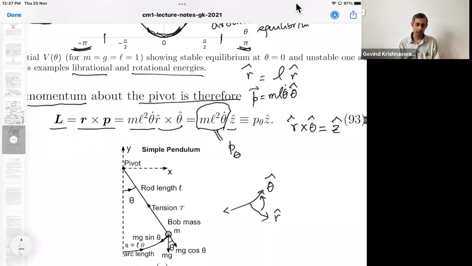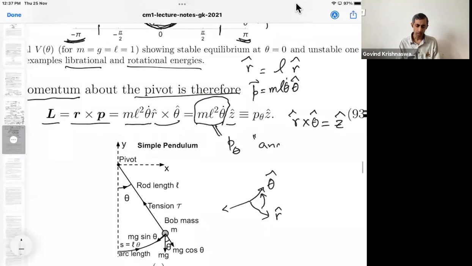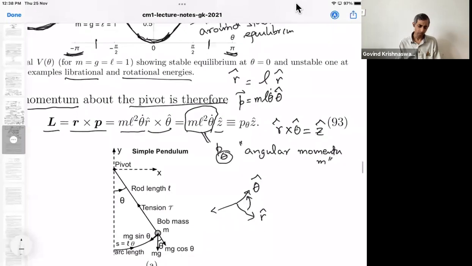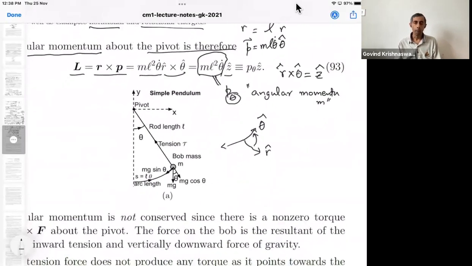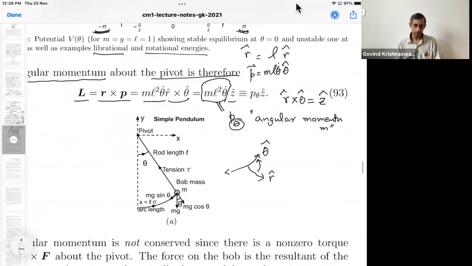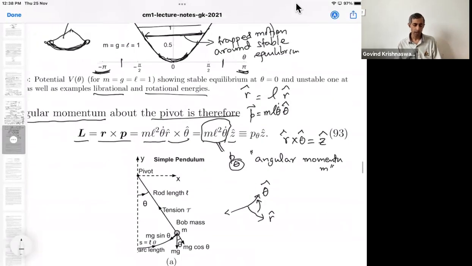Because it is a kind of angular momentum. I mean, it is angular momentum, but to denote that angular nature, we put a theta below the p. That is a convention at this stage. It has some deeper meaning, but for now we will just call it p theta. So there we are. This is our angular momentum. Any question about how we got this formula for angular momentum?